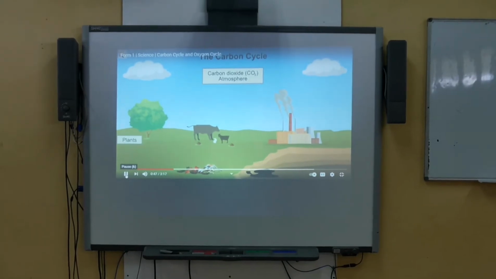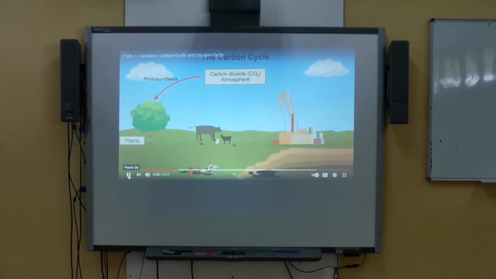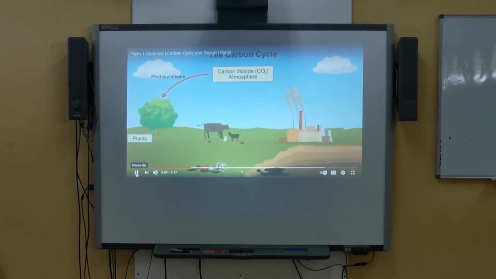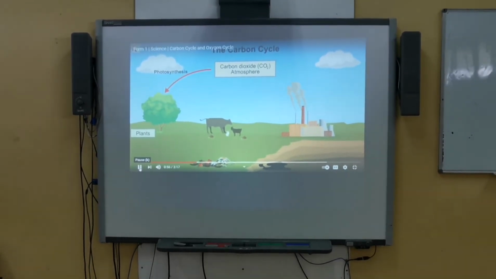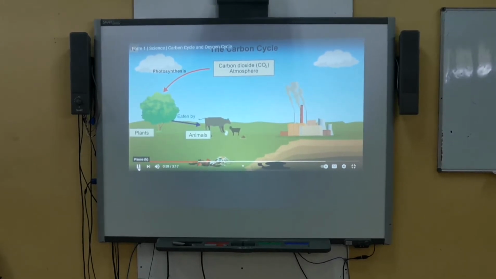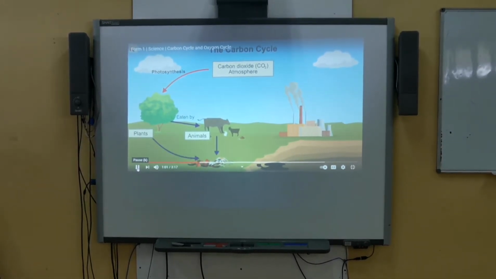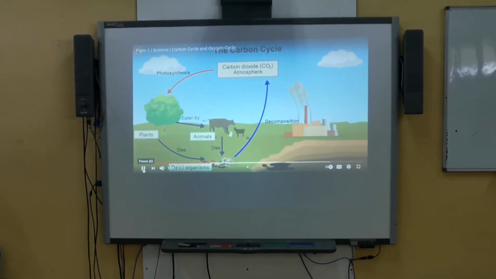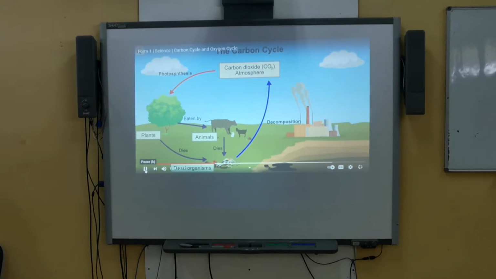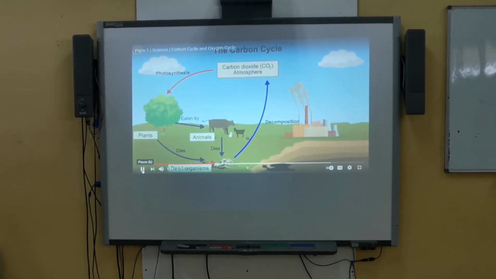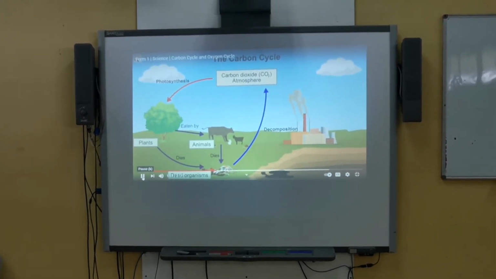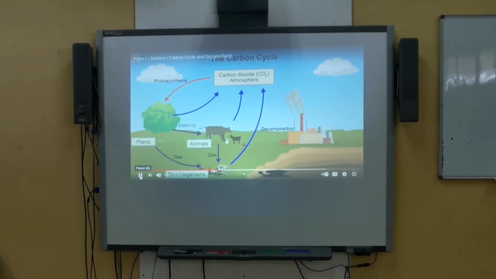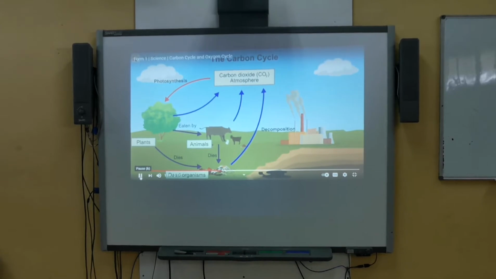When green plants undergo the process of photosynthesis to make food, they absorb carbon dioxide from the air. The carbon element stored in plants is then transferred to animals that eat the plants. When plants and animals die, their dead bodies decompose and release carbon dioxide back into the air due to the actions of fungi and bacteria in the soil. In addition, all living organisms, including plants and animals, release carbon dioxide into the air through the process of respiration